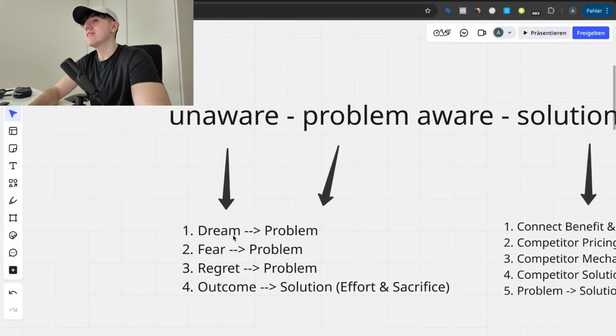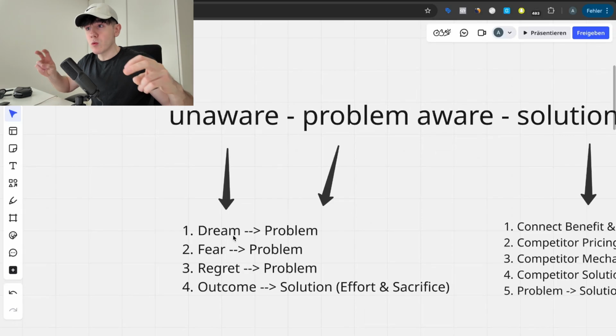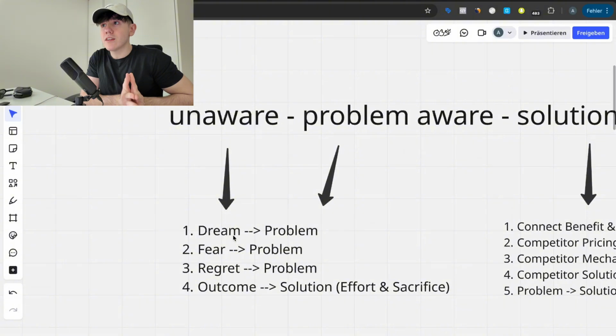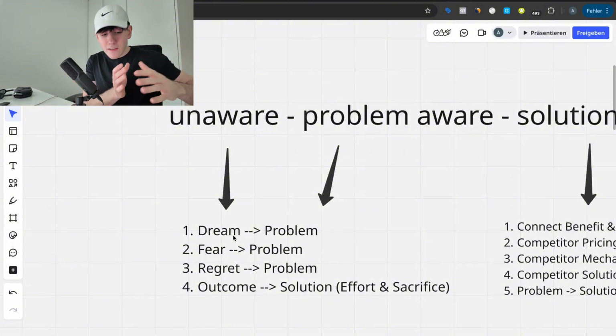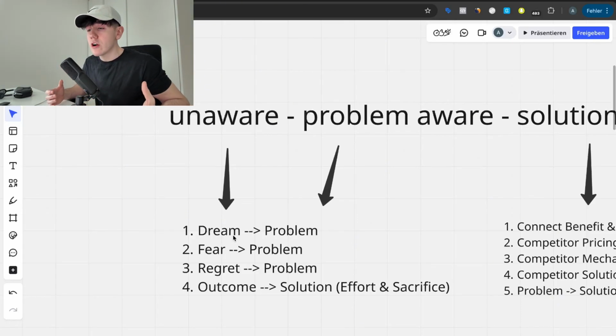Dream to problem is essentially saying something in the hook like, imagine a world where blah, blah, blah, right? So you basically lead to a dream, a completely crazy claim that is unbelievably not true as of right now, but is actually the desired dream outcome of your exact avatar, which you figure out through research, right? And so when you have this dream, you then say, okay, this is not possible because of problem XYZ. So you channel this immediate dream outcome from the very beginning of your ad to the problem. And so you connect the two things. This is how you turn someone unaware to problem aware very, very, very quickly.